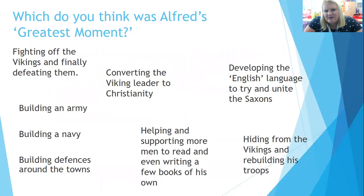So, what do you think was Alfred's greatest moment so far, from what you know? Which do you think shows that he was great? Do you think it was fighting off the Vikings, converting the Viking leader to Christianity, developing the English language to